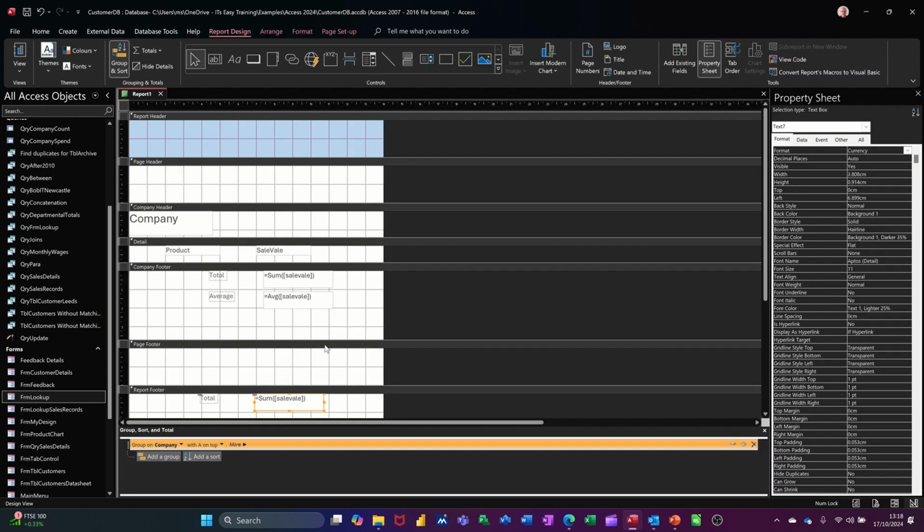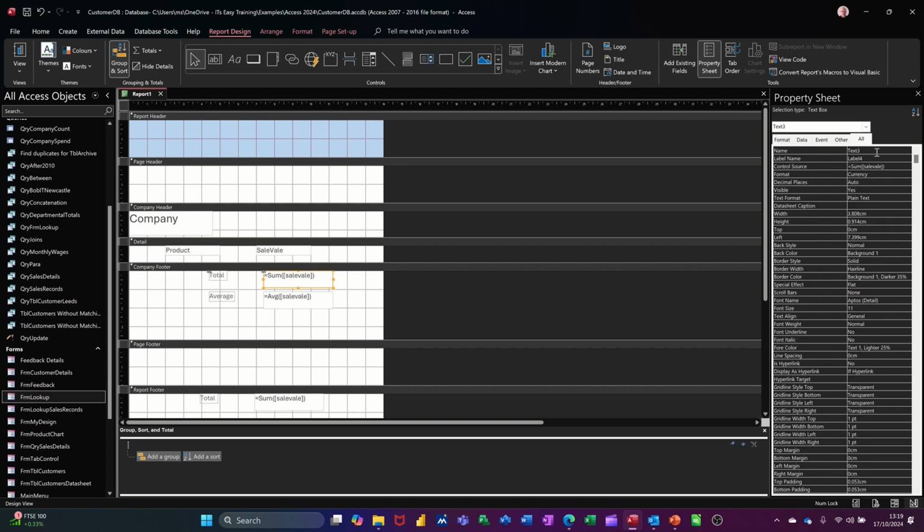Back into design. Now what I want to do is work out the percentage of each company. What is that company, this first company, their sales, what is that as a percentage of the overall? To do that, I need to first of all name these boxes. So I'm going to name this one. I'll go to All. You've got the text 3, it says there. I'm going to call this total. So I'm naming this box total, and then I'm going to name this bottom one